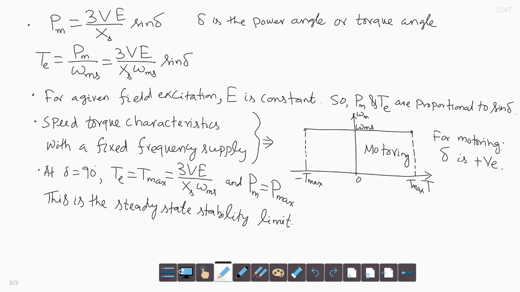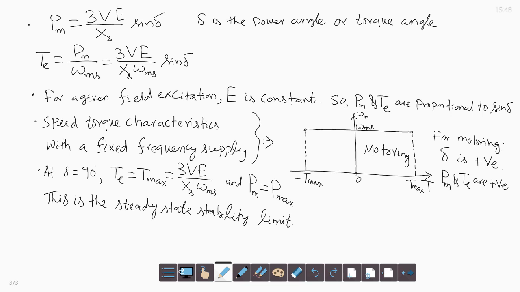Delta is positive means mechanical power developed P m and electromagnetic torque T e are positive, because delta is positive, sin delta is positive, so power and torque are positive. This corresponds to motoring operation,